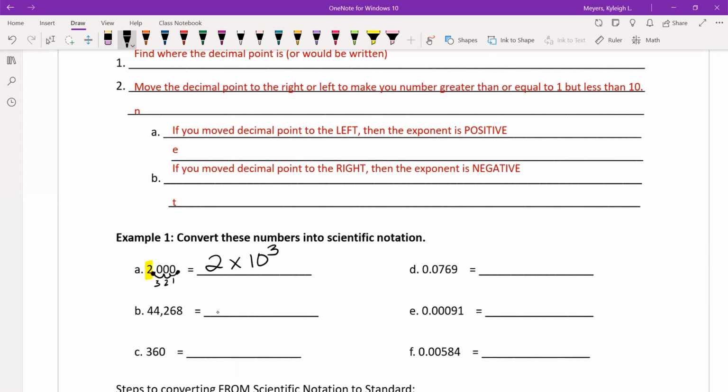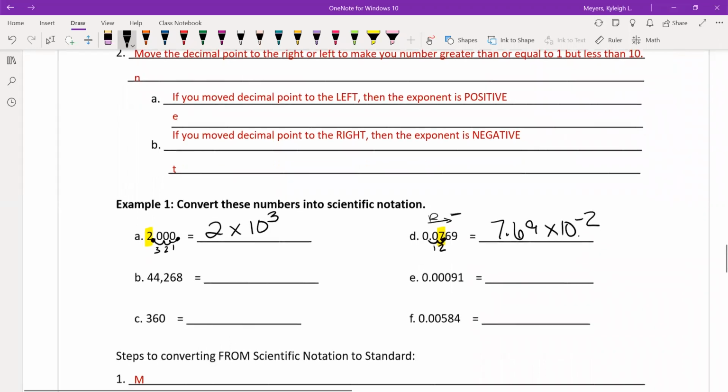Okay, so look at G, we are already given our decimal place, and we want to get it between 1 and 10. The first number that gives us a value between 1 and 10 here is 7, right? We're moving the decimal to the right, once, twice. So remember, this is going to be negative. 7.69 times 10 to the negative